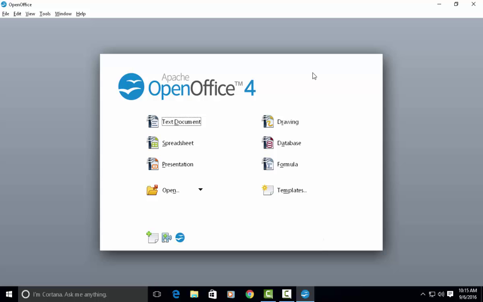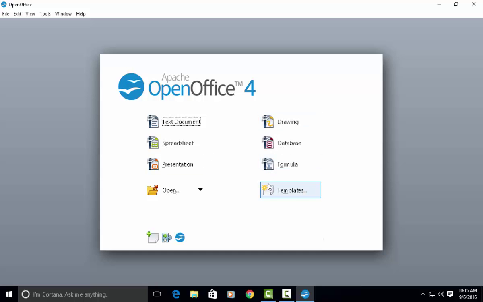Spreadsheet, it used to be called Calc, and it may still be called Calc, I'm not sure. It rivals Microsoft Office or Microsoft Excel. Presentation is like Microsoft PowerPoint, and